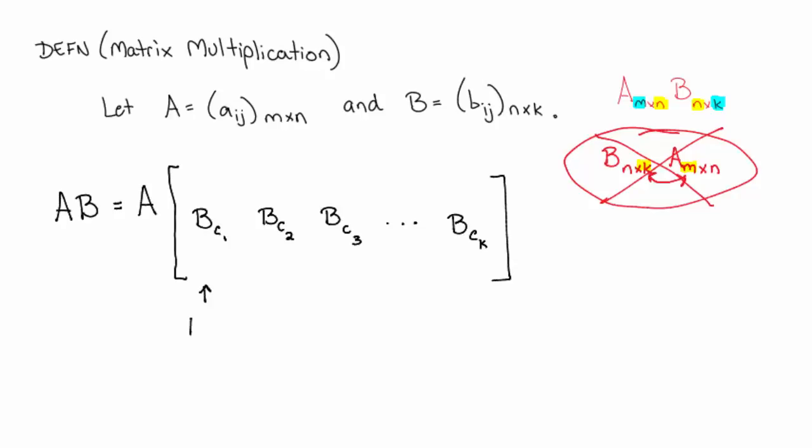This will be the first column of B. And therefore, that would be the second. And so on and so forth. Here's the kth column. It's just my fancy way of saying, listen, I'm breaking these into columns. It's still A times the matrix B, but instead of writing the entire matrix B out, I'll write it as the first column of B, the second column of B, and so on and so forth. This notation actually is very powerful